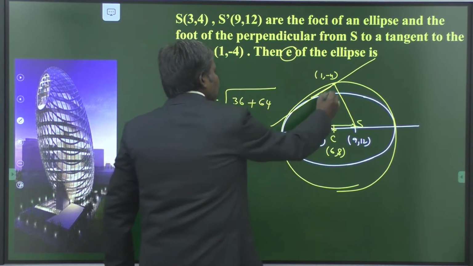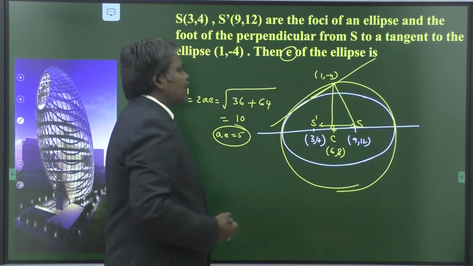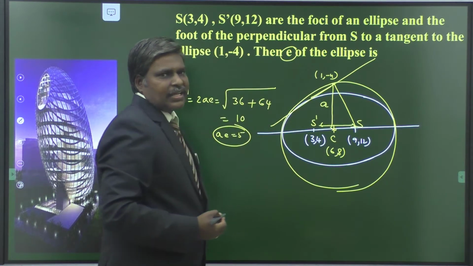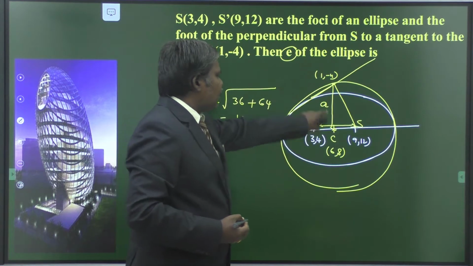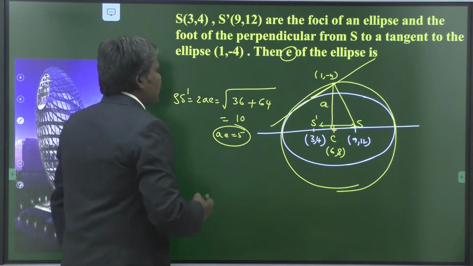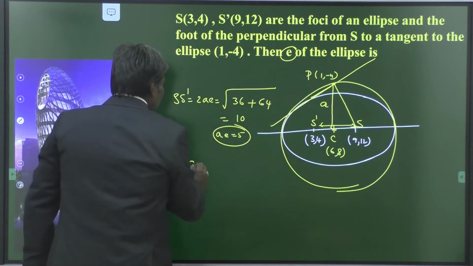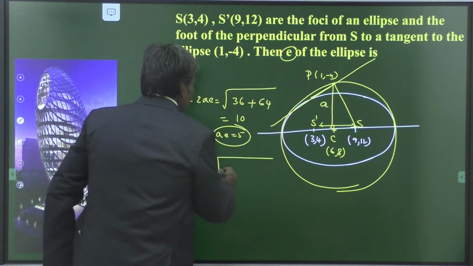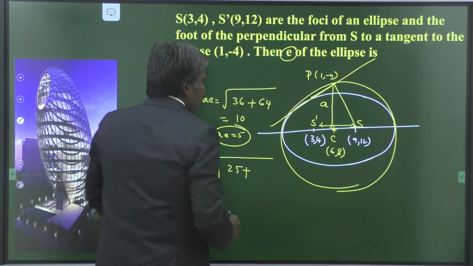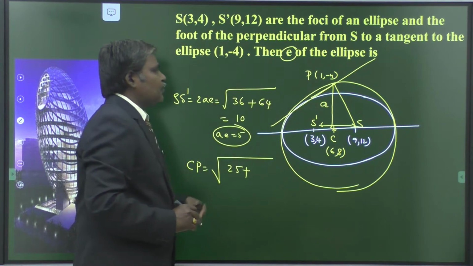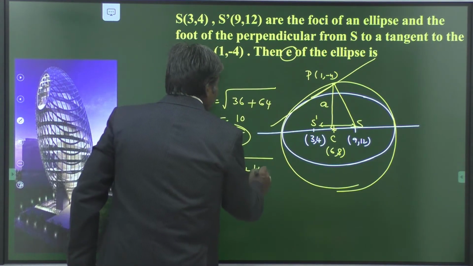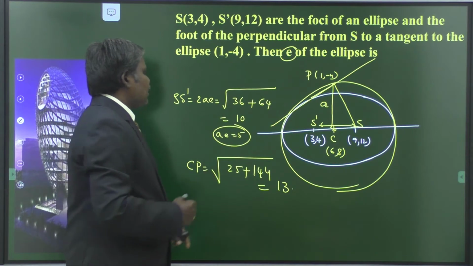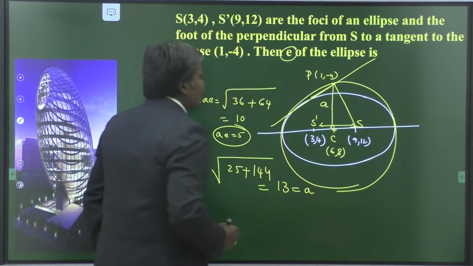This is the center of the ellipse, as well as the center of the auxiliary circle. We know that the distance from the center to any point on the circumference of a circle is its radius. What is the radius of the auxiliary circle? A units. So can you find the distance from here to here or not? Yes. CP is equal to, this is P, the square root of (6 minus 1) whole square, that is 5 square, 25, plus (8 minus of minus 4), that is 12 square, that is 144. It is 169, root 169 is 13.